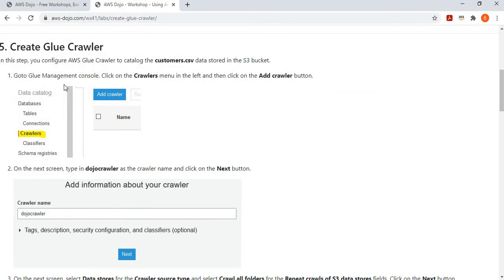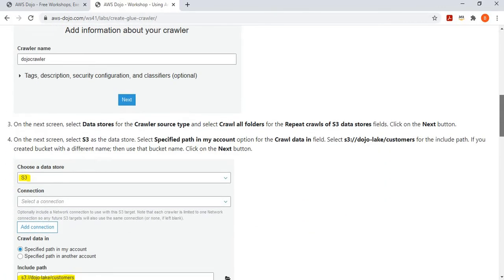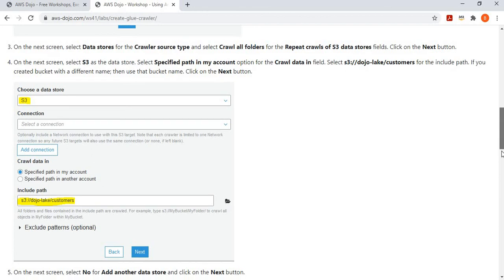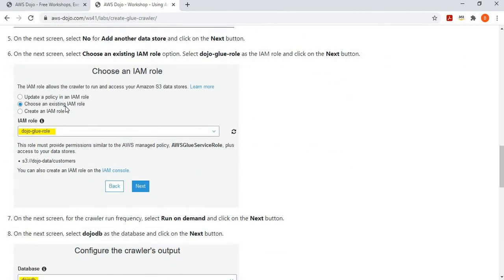So we go to Glue management console, we click on the crawlers and say we want to add a new crawler. We give this crawler a nice name, and then we say, well, this crawler is going to read data from this Dojo Lake customers folder. And then it asks what IAM role should the crawler use to run, and we provide the same IAM role which you created in the